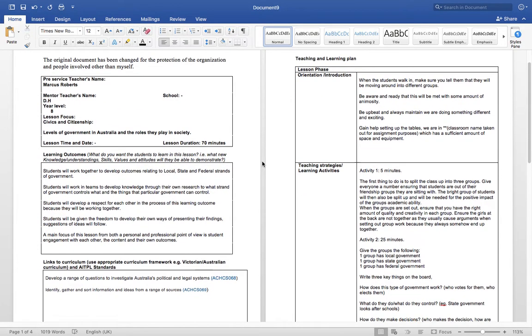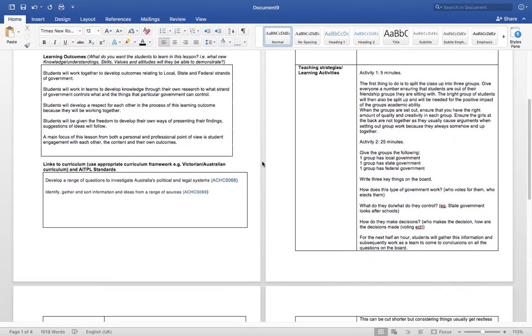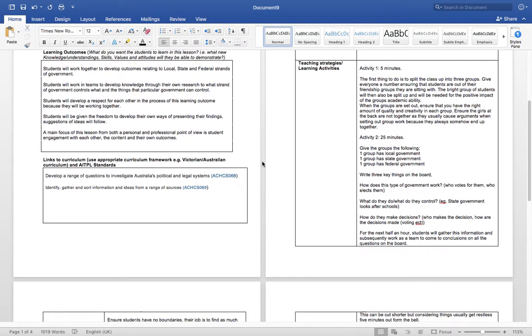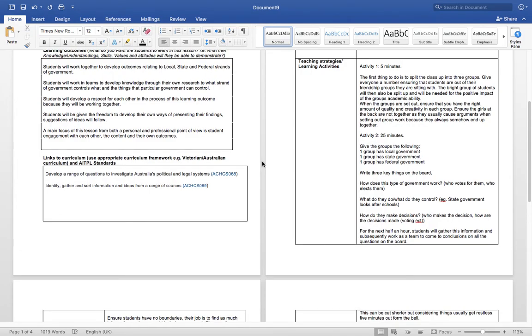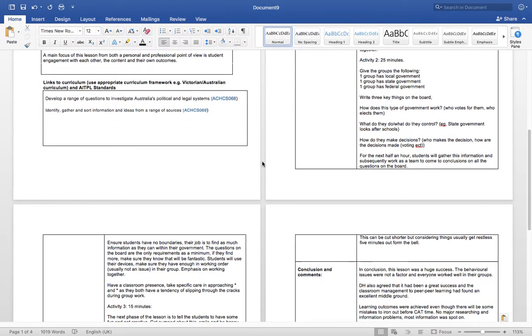A class-incorporated lesson. Basically, I've changed a lot of it so it's not incriminating anyone and not reflecting the school. The first thing to do is to split the class up into groups. In a nutshell, I'll go over this quickly because we'll go over it in terms of De Bono's hats. Split the class into 3 groups: give one group local, one group state, one group federal government. Put 3 key questions on the board: how does government work, what do they control, how do they make decisions. Then for the next half an hour,